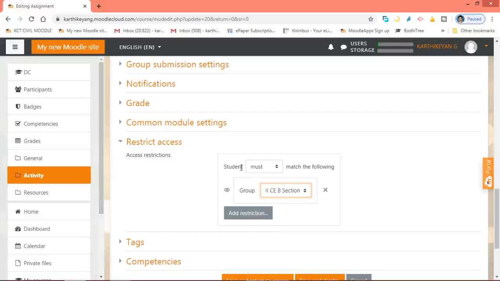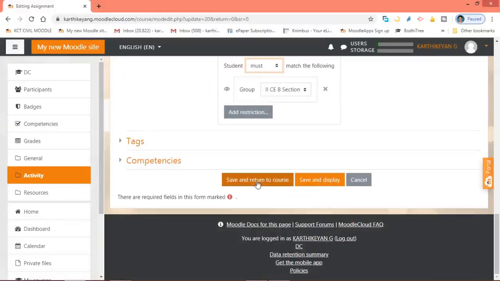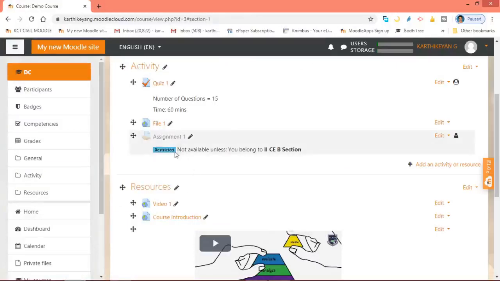So here there is student must match the following. You may also choose must not match the following, means this is not available to B section students. I am giving must match the following. After giving that, I am going to give save and return to the course. So here, not available unless you belong to second civil engineering B section. Let me check in student window.